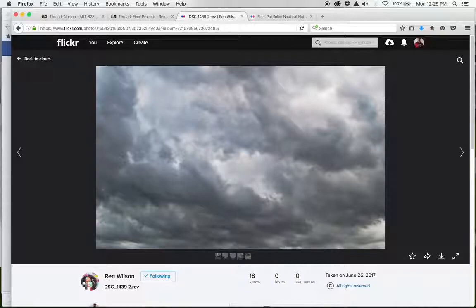And here's just a nice texture. Now you've completely departed from landscape, and now we're just looking almost abstract expressionistically at the sky as your palette, and you're just capturing that. And it makes me think more of the Equivalents series by Alfred Stieglitz in the early 20th century, who turned his camera to the clouds because he felt they were equivalent to human feelings and emotions. And that ties in very much with abstract expressionism, which is where I'm assuming to some degree you relate to as a painter.